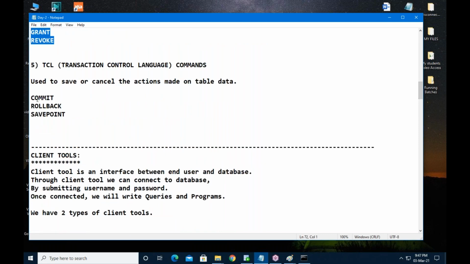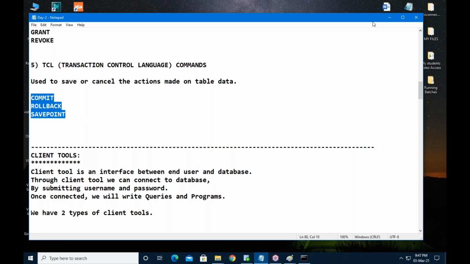And TCL: commit, rollback, savepoint. So these are the 14 commands available under SQL. By using commands, keywords and syntax rules, you are writing queries.